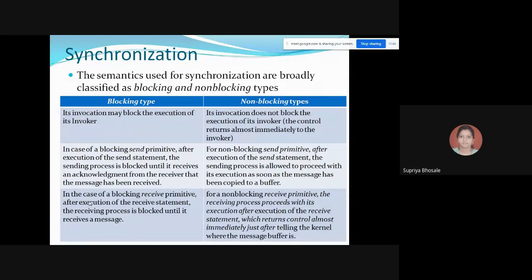So this is the scenario in case of non-blocking. Then again, in the case of blocking receive primitive, after execution of the receive statement, the receiving process is blocked until it receives the message. So here, the first scenario we have seen was while sending the message, from the sending primitive. Then in case of receive primitive, after execution of the receive statement, the receiving process is blocked until it